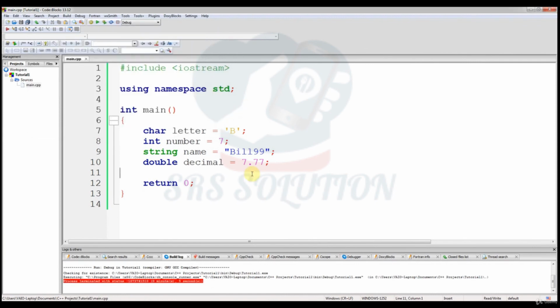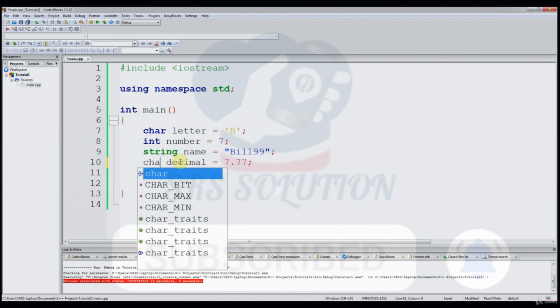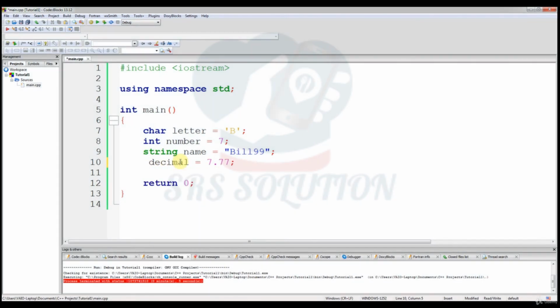But the point is to just show you how to declare these variables and data types, discuss what they are, and show that if you declare them right, you won't get an error. Let me show you what will happen if you call this, let's say we call it string, without the double quotation marks. If you declare it wrong, which this is because you're calling it a string and you don't have your double quotation marks. If you want it to be right, you'd have to put in double quotation marks. But if you take those out, then this is declared wrong, and when you try to build and run,